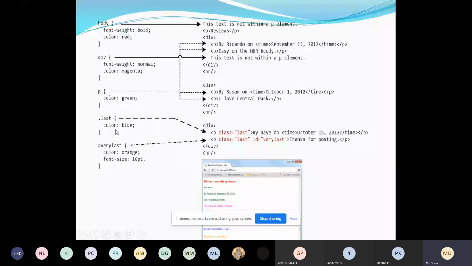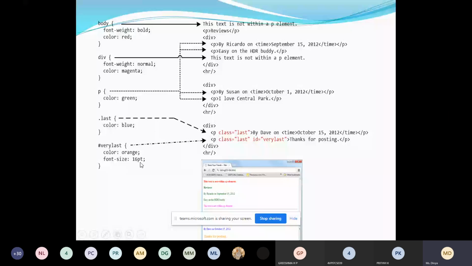Again, I'm using an ID selector, which is also for the paragraph. You can see here I have an ID as well as a class selector. In the ID selector the color should be orange and the font size should be 16 pt.